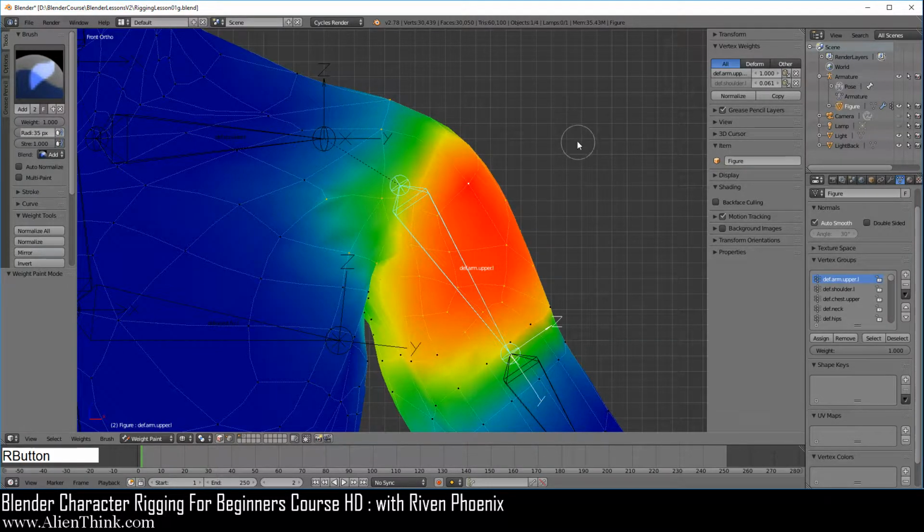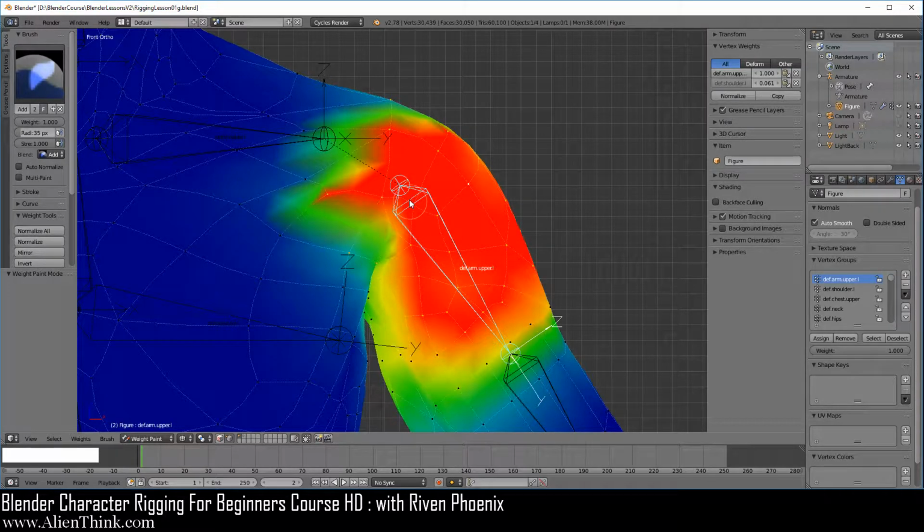Now right click to get out of it. Now when we have this on, when we move our mouse on vertices that are not selected, it's not going to do anything, but the vertices that are selected will start to get modified. So we can just basically paint across and control or change the values of these vertices very quickly like this.